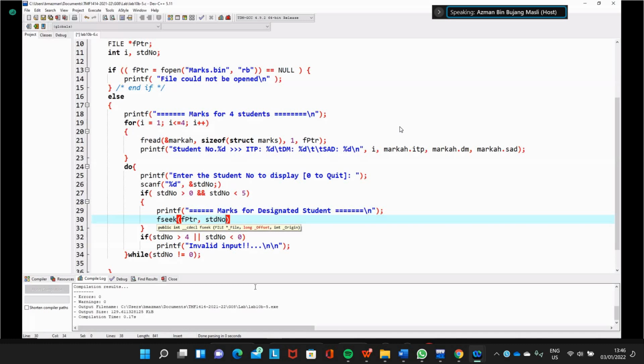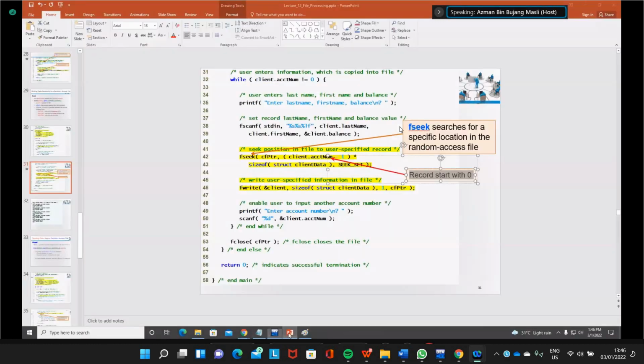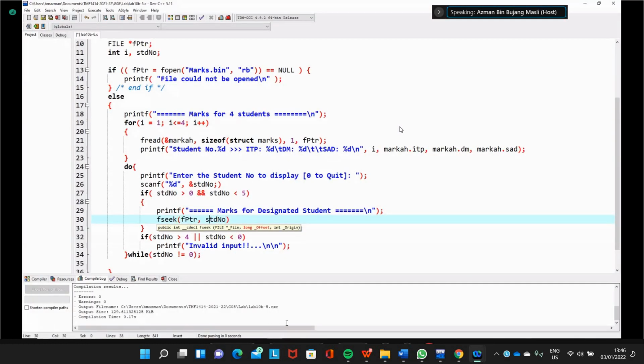We can put it in brackets: student number minus 1, because we start with student number as number 1, but the record is actually stored at location 0.